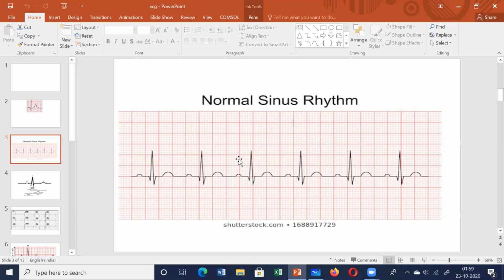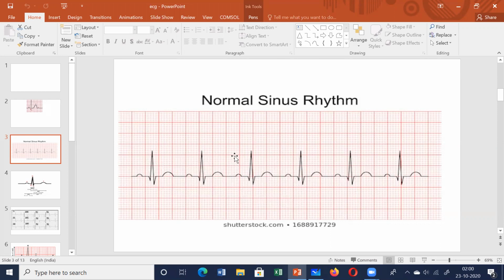It can give you information about the heart rate, the rhythm, and an idea about the different waves, P wave, QRS, T waves, which we shall discuss in detail later. It can also provide information about the orientation of the heart in the chest, the electrical effects of different medications, conduction disturbances, cardiac muscle mass, and presence of ischemic changes. So these are the different things we can get to know from the ECG.